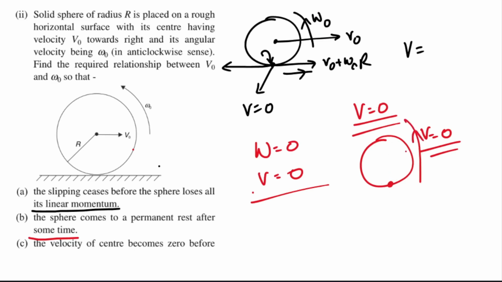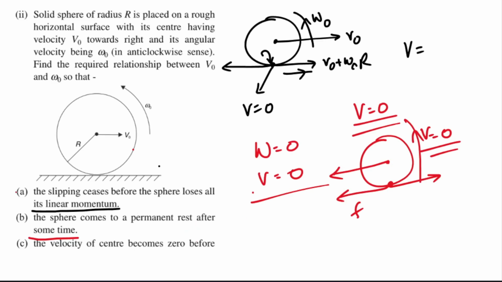Is in this direction, and because of which it will have velocity in this direction. So friction will act in this direction. And then this friction will try giving it linear velocity in this direction. So again, there will be a case of rolling. It may happen, right? It will happen actually. Done it. So actually both have to gain zero velocity at the same time in order to come to permanent